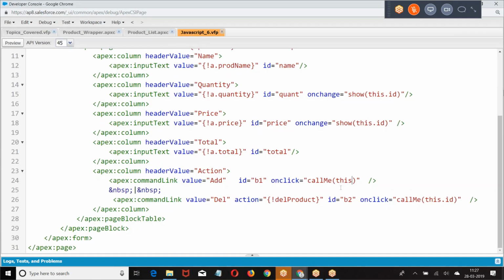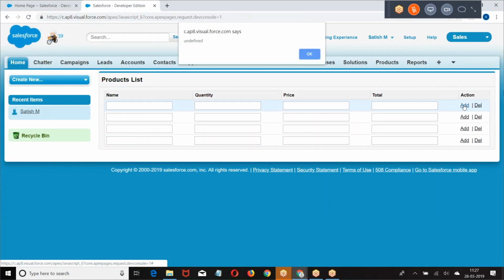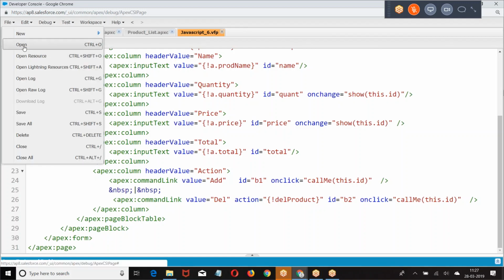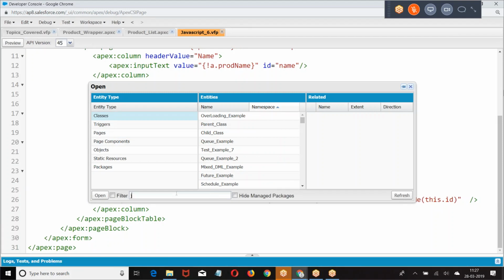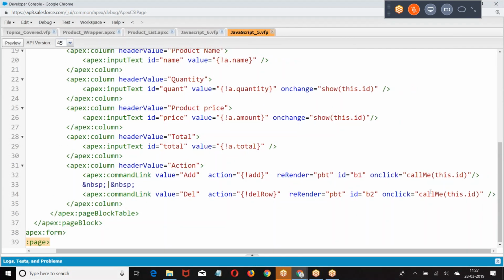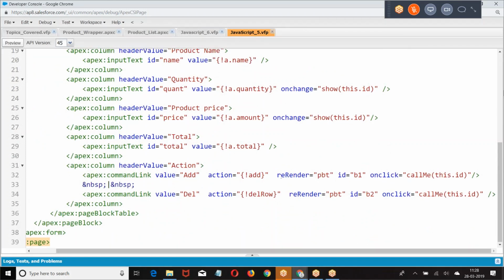For some reason we are not getting it. Let me cross check the code. This dot ID. Why it is not passed here?